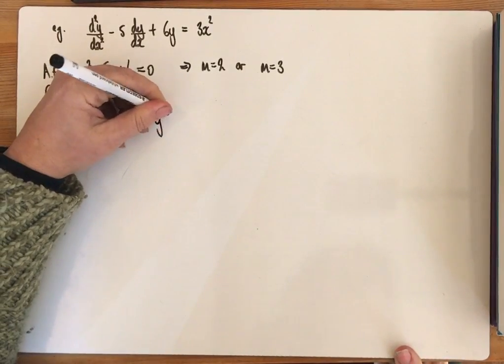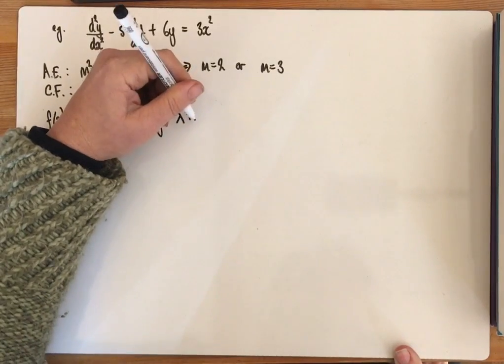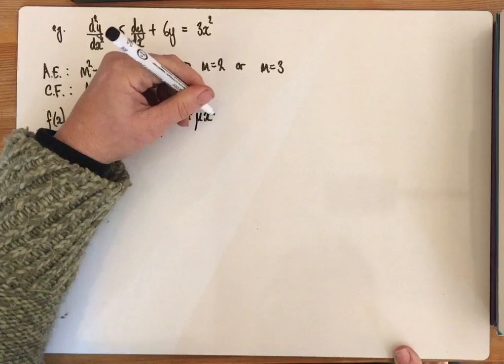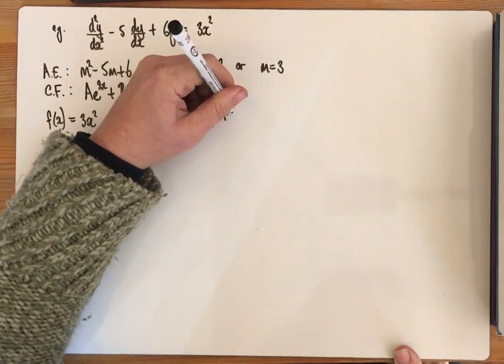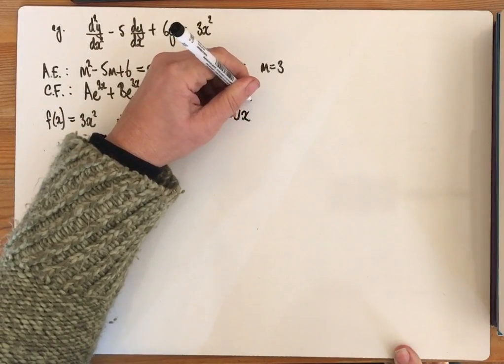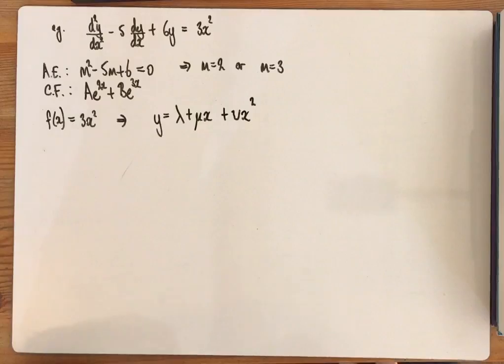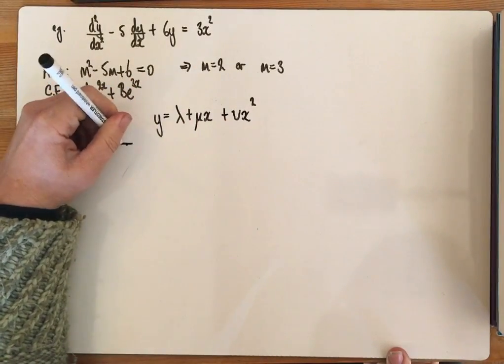So y is equal to, if you really hate all these Greek letters, you don't have to use them. You can use p, q and r, really doesn't matter. Lambda plus mu x plus nu x squared. And then it's the same process. So I'm differentiating once,